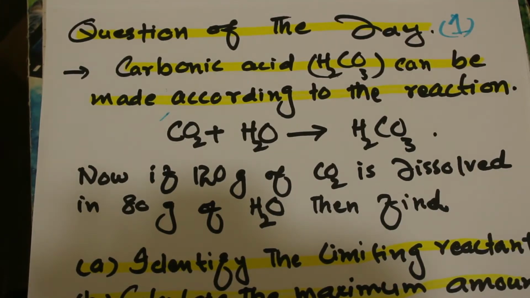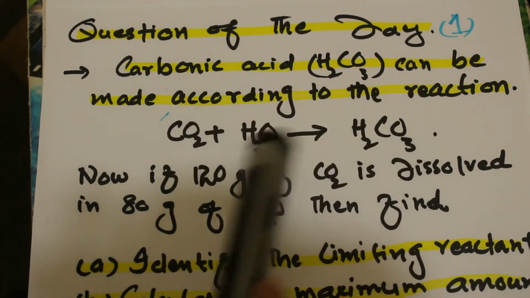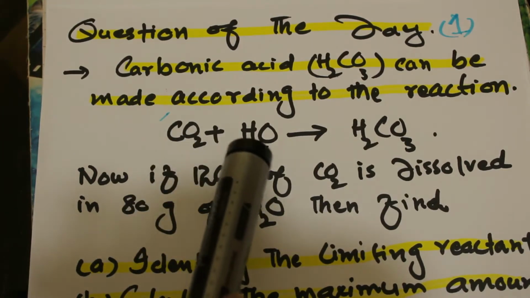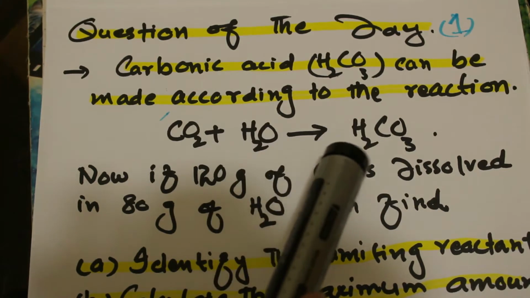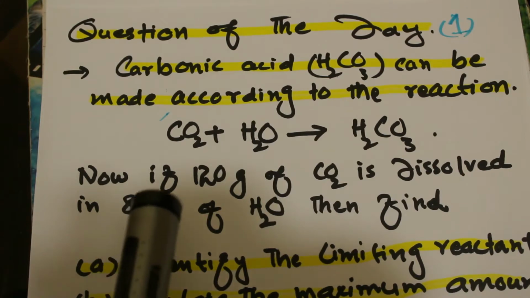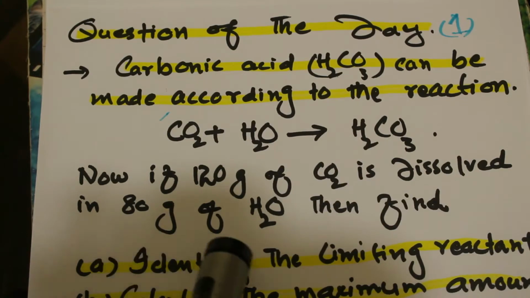Today I'm going to discuss a very simple numerical problem which is related with the excess and limiting reactant. So the question is, the carbonic acid here can be made according to this reaction in which 1 mole of the carbon dioxide reacts with 1 mole of the water and it forms 1 mole of the carbonic acid. Now the question is, if 120 gram of carbon dioxide is dissolved in 80 grams of water, then find